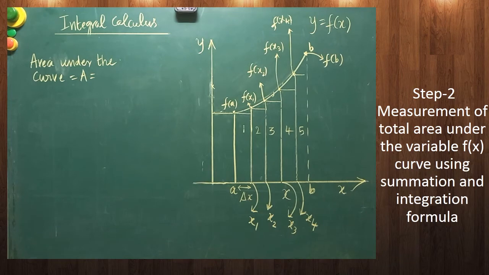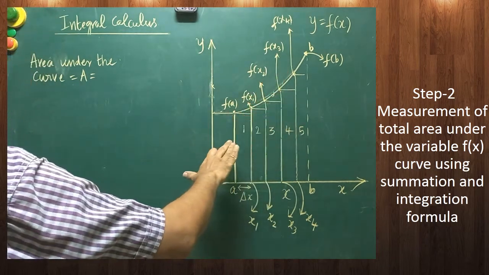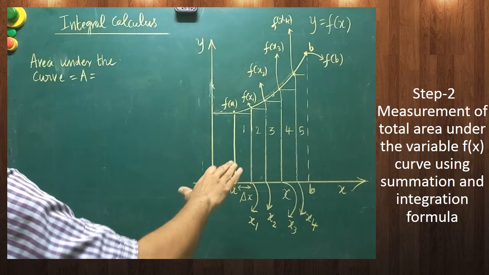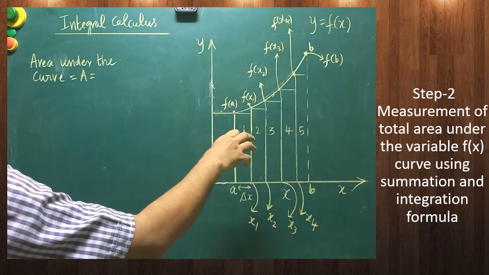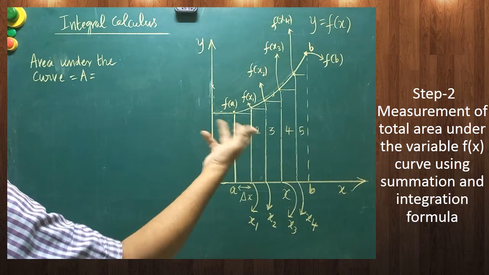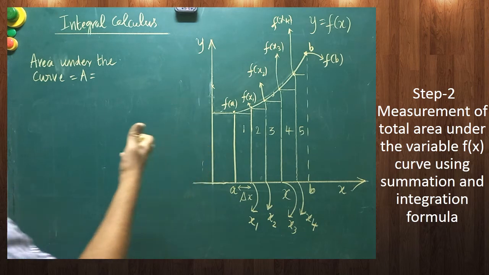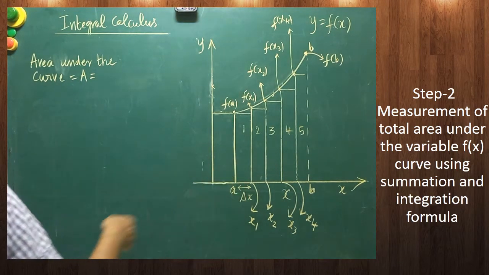Now we are going to calculate the area under the curve. Okay, here totally 5 strips are there. If you calculate the area of individual strips and after adding everything, after summating, you will get the answer. That summation is nothing but integration. First you should know how to summate the things. So what is written here? Area under the curve. How to calculate area under the curve? Each strip's area has to be found out.